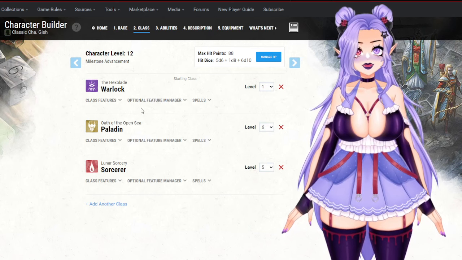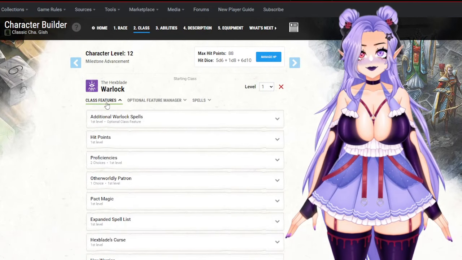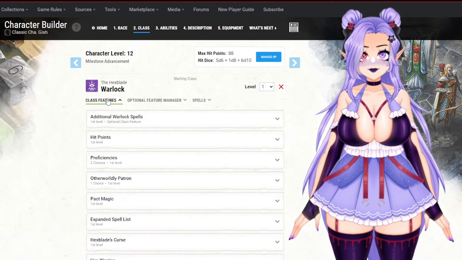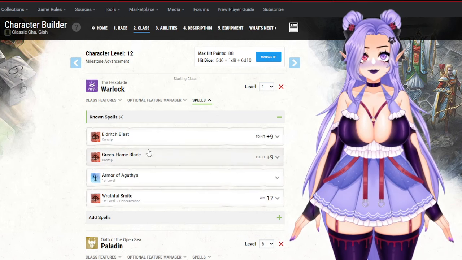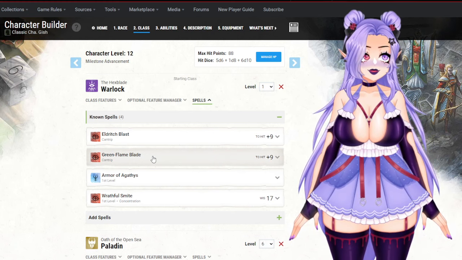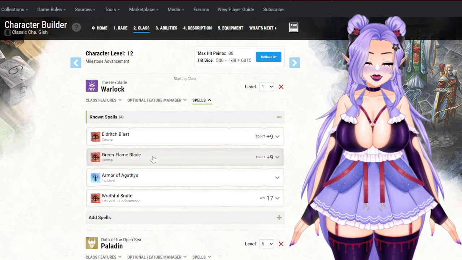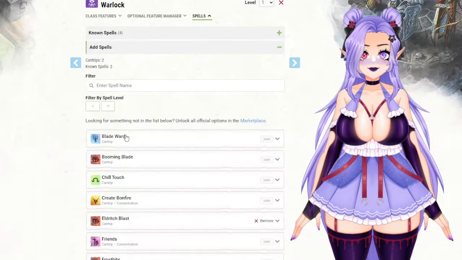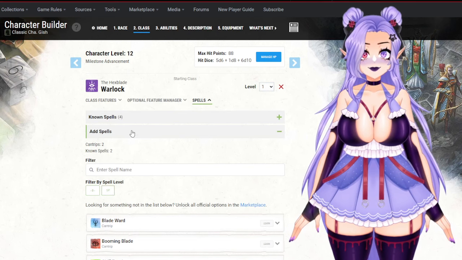So first off, we are going to take 1 level in Hexblade Warlock just to get the standard Hexblade stuff. Pretty much nothing crazy, so we can be attacking with our charisma modifier. And then, like I said, here are some spells I would really recommend: Eldritch Blast, Green Flame Blade. I like Green Flame Blade over Booming Blade more, but that depends on your preferences. They both do very similar things. And then Armor of Agathys, I love. And then Wrathful Smite. But also, as a Hexblade Warlock, I believe you get access to shield, so shield would be a big one I recommend,